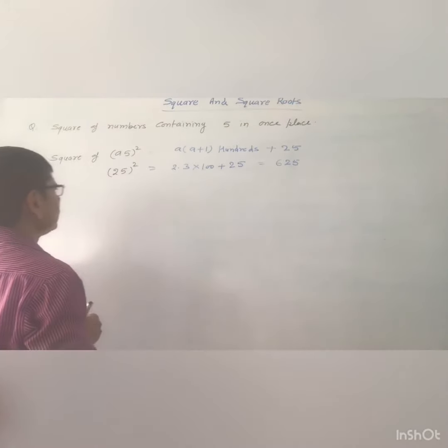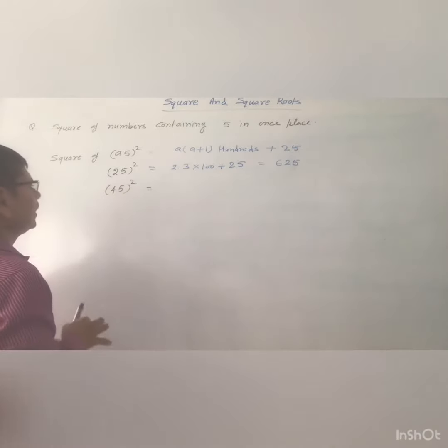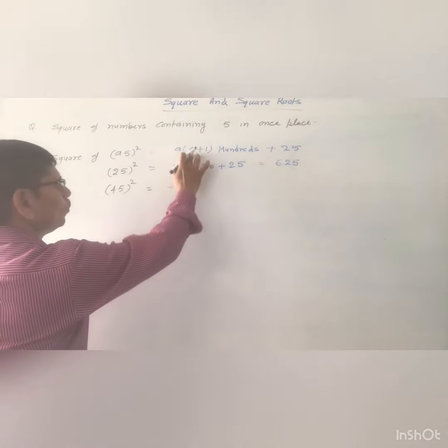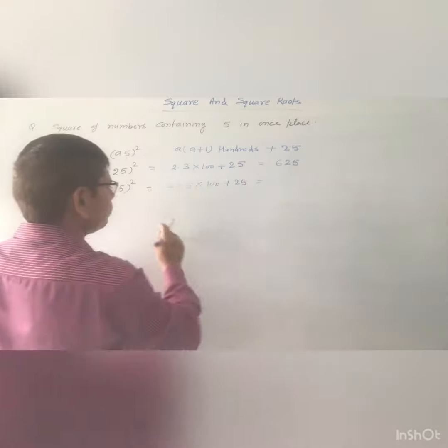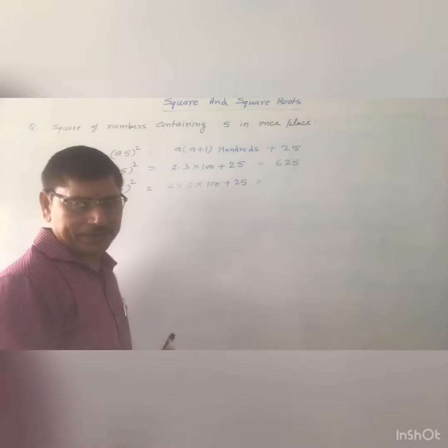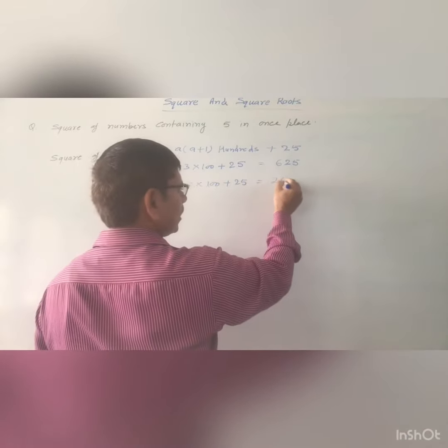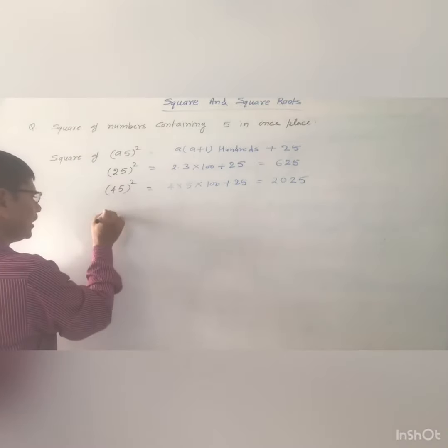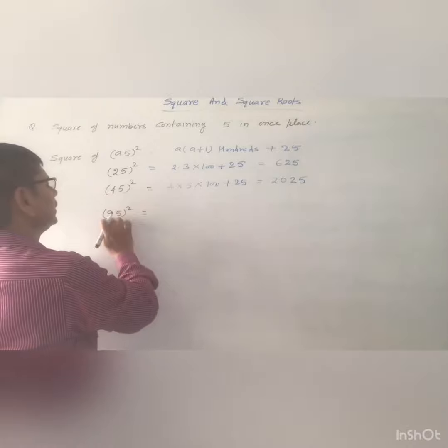Now want to find the square of 45। 45 का स्क्वायर करना है, तो A की जगह पर कितना है? 4, तो आप लिखोगे 4 into 4 plus 1 means 5 into 100 plus 25, so how much? 4 5 are 20 and 100, so how much? 2000 and 25, so it is 2025।